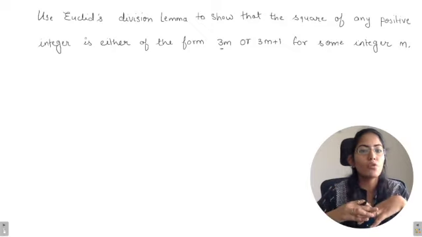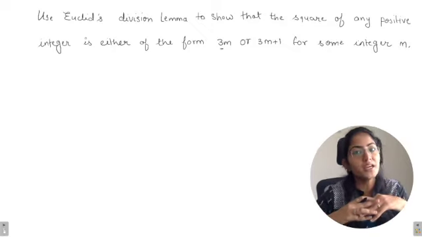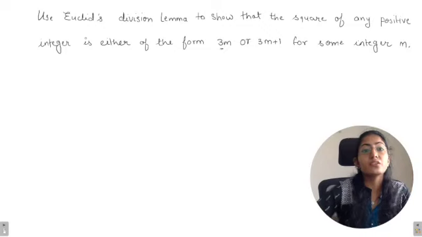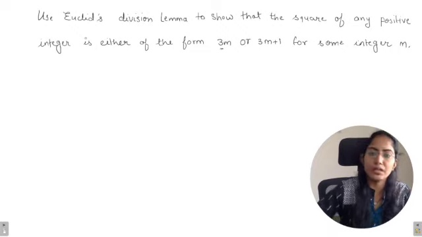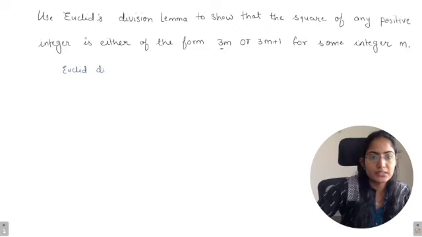This is question number 4 of exercise 1.1 CBSE maths. The question states: use Euclid division lemma to show that the square of any positive integer is either in the form of 3m or 3m plus 1 for some integer m. So what's our Euclid division lemma? According to Euclid's division lemma,